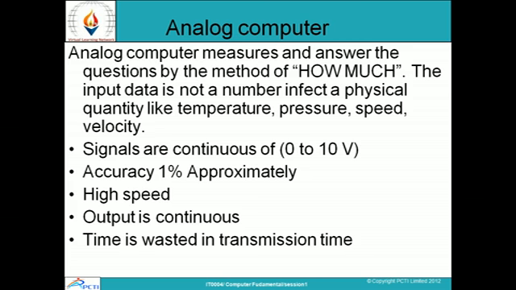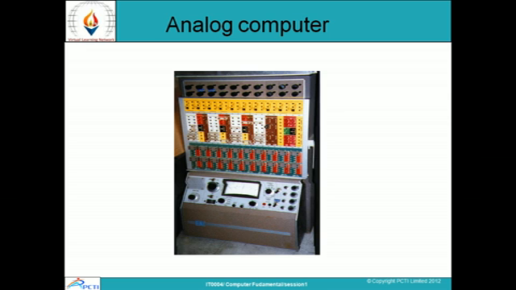So the input data is in fact a physical quantity like temperature, pressure, speed and velocity. And an analog computer uses signals which are continuous. Analog और digital में फ़र्क होगा because digital uses two types of signals, whereas analog computers use continuous signals which have an accuracy of approximately 1%, and they are high in speed. Their output is also continuous just like the signals, but time is wasted in transmission. This is an example of analog computer. As you can see,